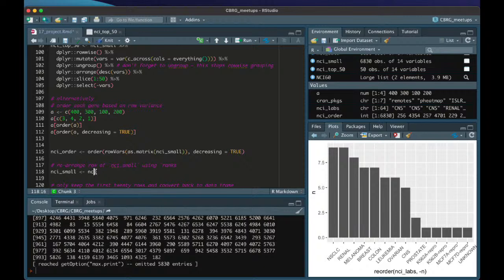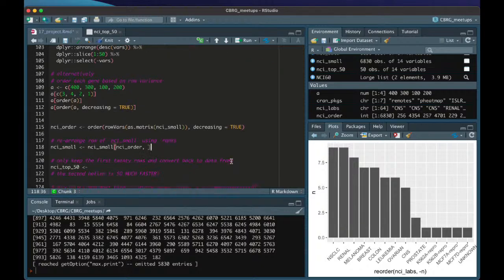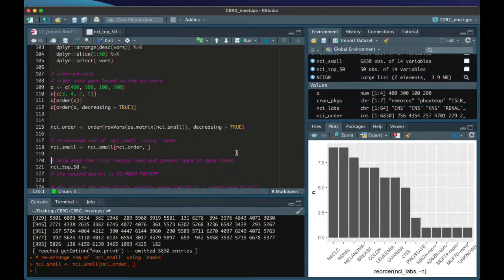And to do that, you just do NCI_small, square brackets, NCI_order. And since we're reordering the rows, we do a comma. And then after the comma, we do nothing because we want the columns to be in their original order. If we run this, we get NCI_small with the first row corresponding to the gene with the highest variance, and then decreasing variance as you go down that data